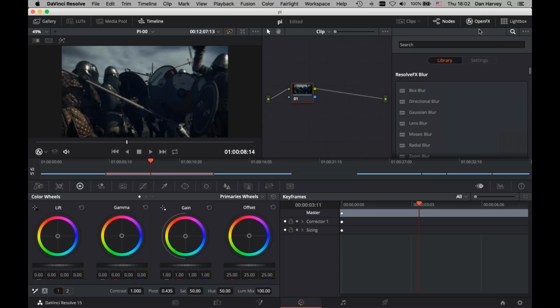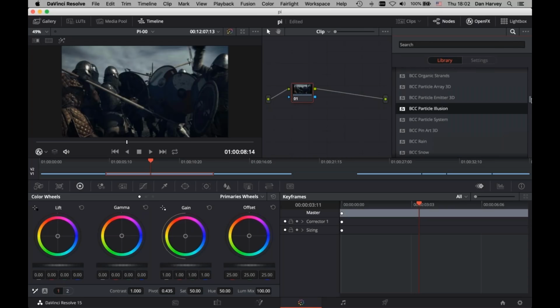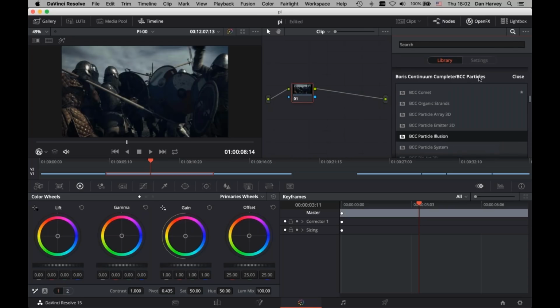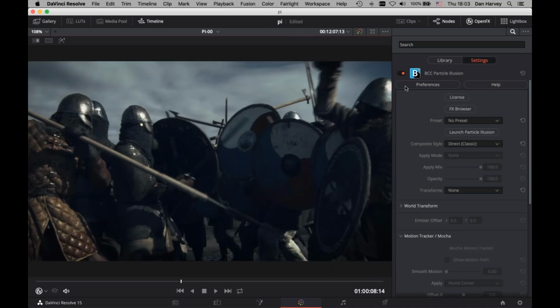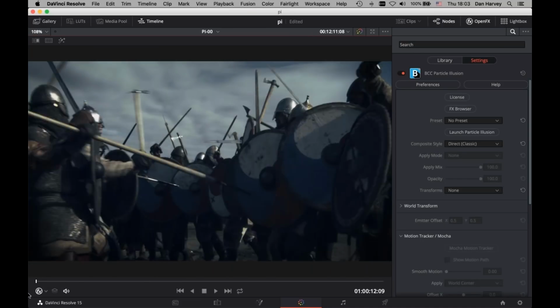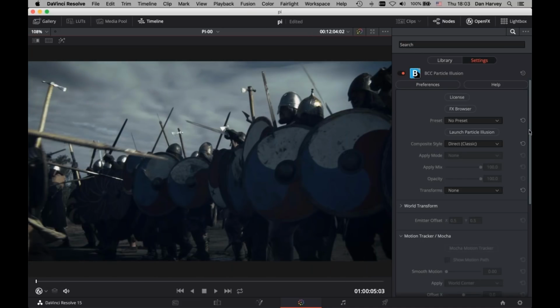So in the OpenFX Inspector here, I have all of the installed plugins available. I'm going to go down to the particles unit here, where we find Particle Illusion, and I'm just going to drag that onto my current node. Now I'm going to Shift F to switch over into full screen mode so I can see a little bit more of my preview. And here we can see in the Effect Inspector the basic layout of the particle illusion